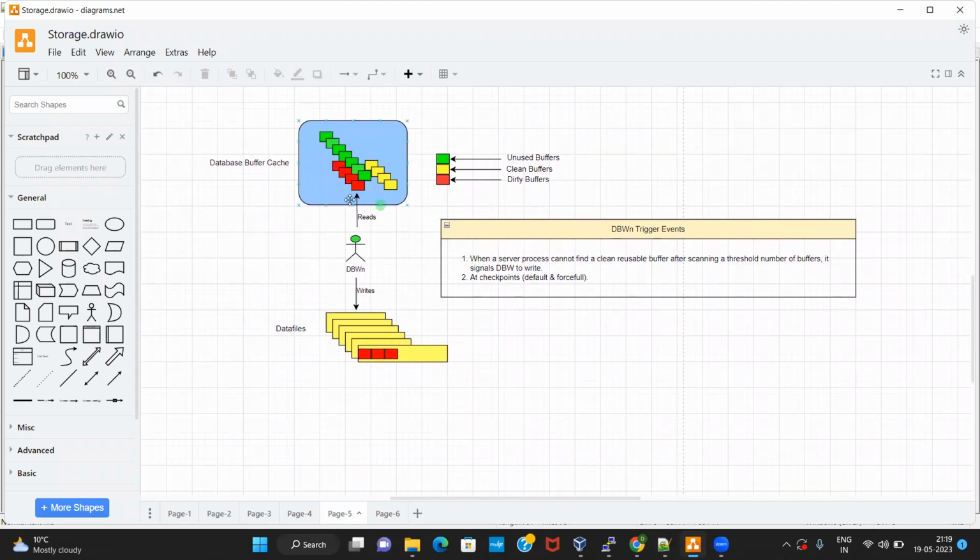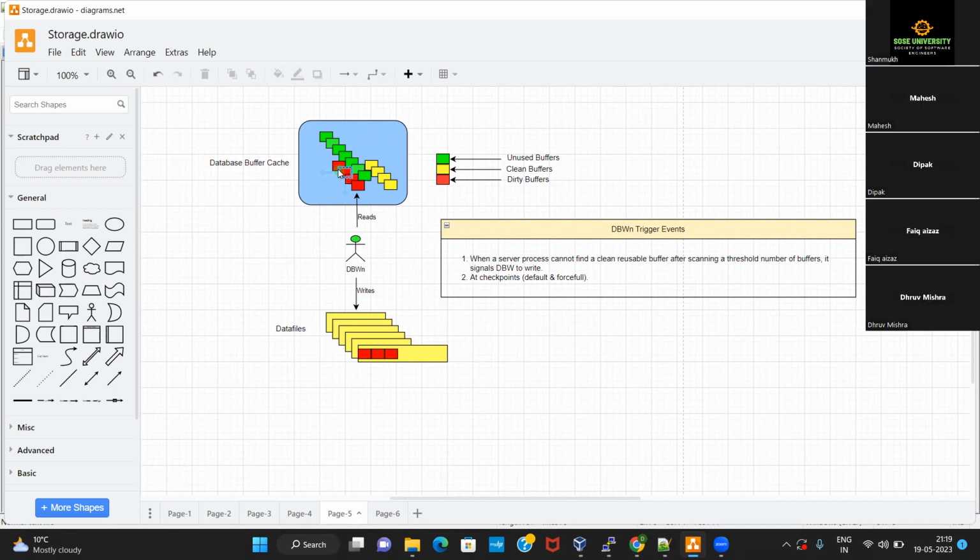So if you see it here, all that new data, if you see these dirty buffers, which have either a modified image of the data, wherein when we say modified image of the data, that means the user has updated some values. That is called a modified image of the data. Or else the user has fired a few insert statements, that is, the user wants to bring new data into the database. Okay, so all of that data will be placed inside the dirty buffers in the database buffer cache.